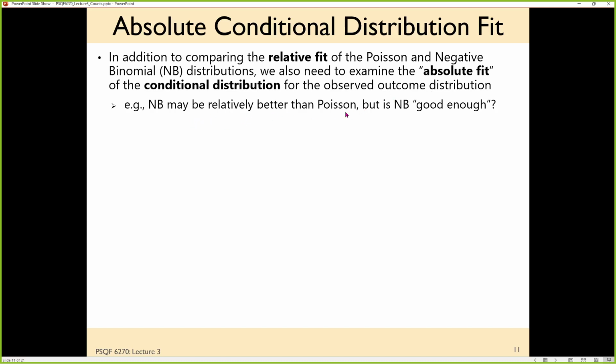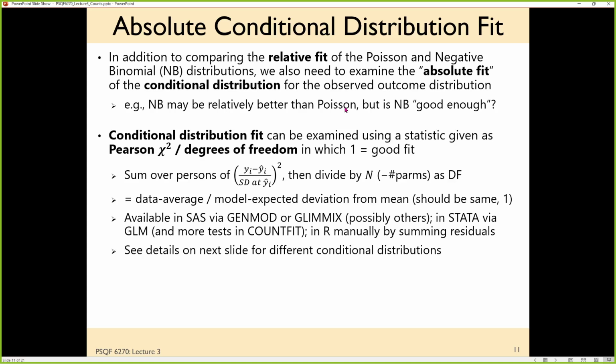In the context of negative binomial versus Poisson, I can do a likelihood ratio test to test whether or not the negative binomial stretchy factor helps, but it doesn't tell me whether it's good enough per se. There is a piece of output that is either going to be given by SAS and stated directly, or I'm going to force it out of R, because of course they don't give it to you directly. But I found it. There's a piece of output that is Pearson chi-square over degrees of freedom. And it is a ratio in which 1 is the goal.